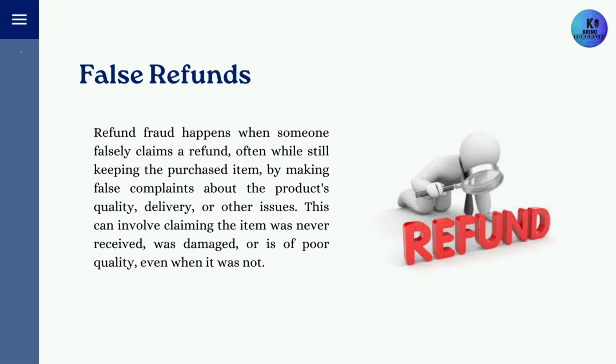Forensic accounting is more than just numbers. It's about truth, trust, and justice. So to conclude the presentation, we can say that forensic accounting is more than just numbers. It's about truth, trust, and justice in the financial world. We saw how fraud happens in many ways, like through fake statements, card scams, refund tricks, or even insider theft. Forensic accountants act like detectives. They uncover the hidden fraud, help fix the broken systems, and support legal actions with solid evidence. From catching one dishonest act to protecting an entire company's future, their work truly matters.